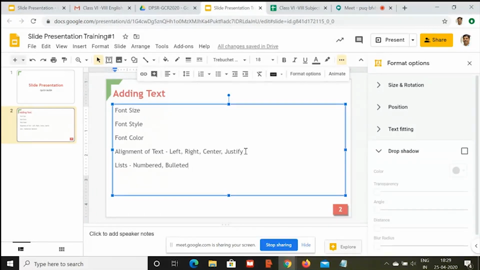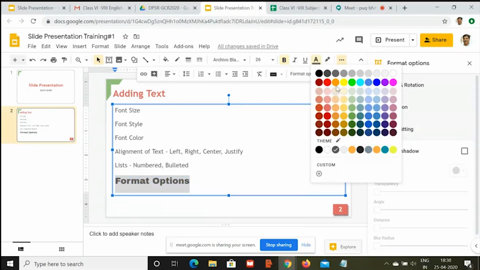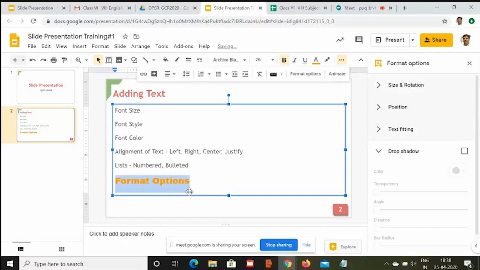Then what else can you do with the text? You can make use of format options with the text. Also, just like I did with shapes, we can try format options with text also. I'll just show you an example. Suppose this is the text and I want to make it bigger and bold, and then I want to use a font which is going to give me gravity. Let's say this is the font I have selected, and let's change the font color just to see a different kind of look. So let's say it is orange color,